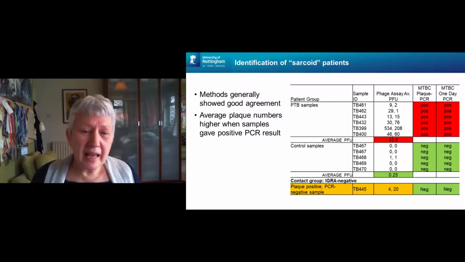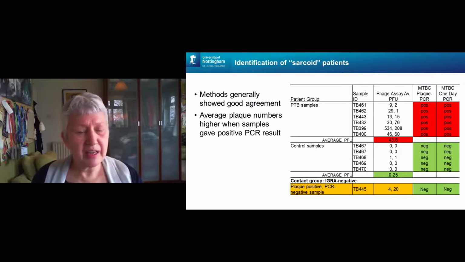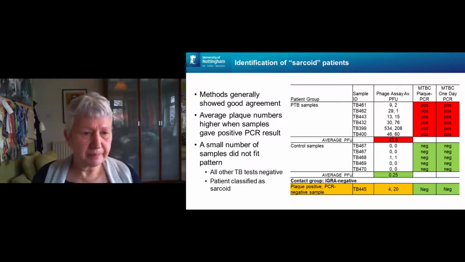However, occasionally we got some samples that had high levels of plaques, but were PCR negative. And it didn't matter if we used the Actiphage method or the plaque PCR, these were negative. Okay, so these didn't fit the pattern, and these were also negative by all the other clinical tests for TB,